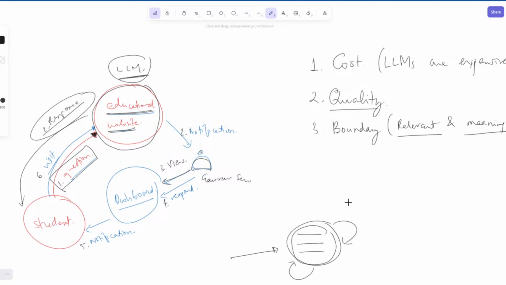Let's focus on the second part, quality. A lot of us are saying that quality of the response needs to be high. What is quality for us? It needs to be accurate. We can't give people wrong information. It's an educational website after all. Another one that Rishabh has come up with is it shouldn't be generic. So you're talking about specific answers.